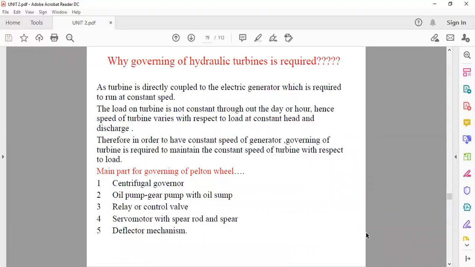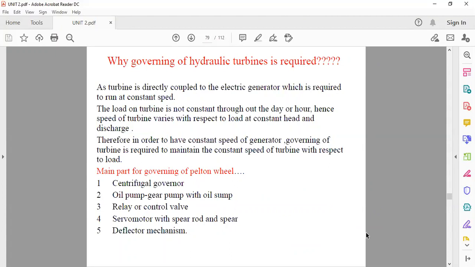So the main parts of governing of a Pelton wheel: first, centrifugal governor; second, oil pump, gear pump with oil sump; third, relay or control valve; fourth, servo motor with spear rod assembly;